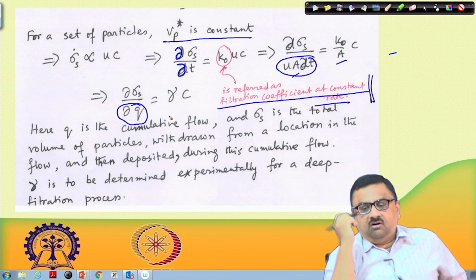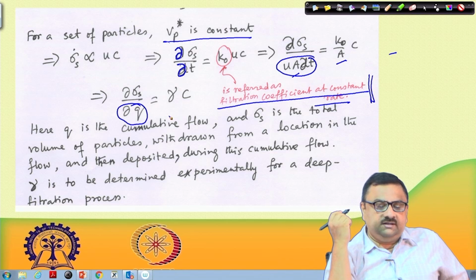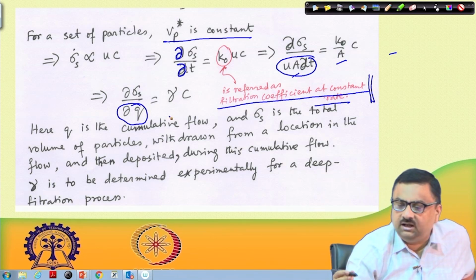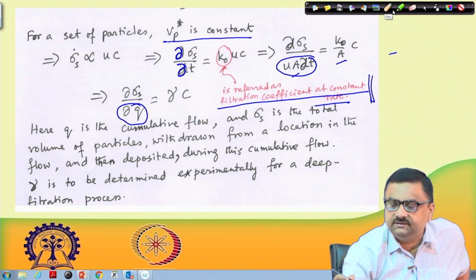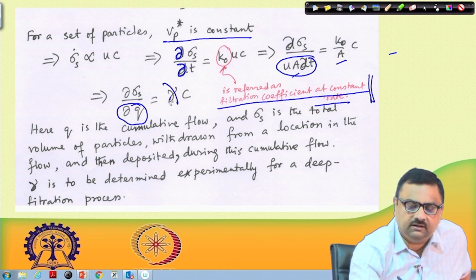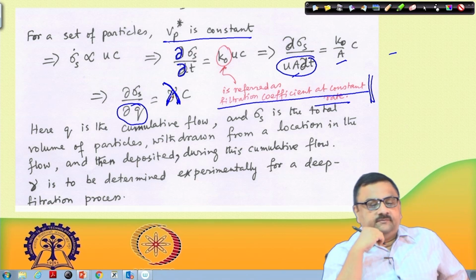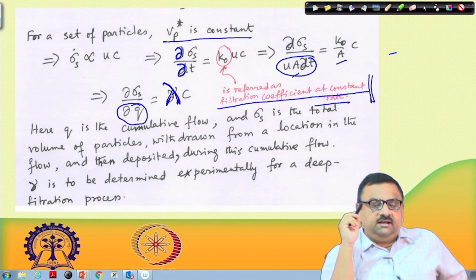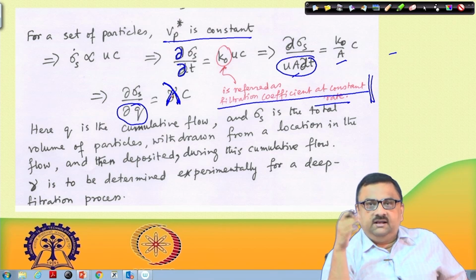let us say, or it is probably easier for me if we call it lambda instead of gamma. If we call this lambda into C, so del sigma s del Q is equal to lambda into C, where here Q is the cumulative flow. So, del Q is the